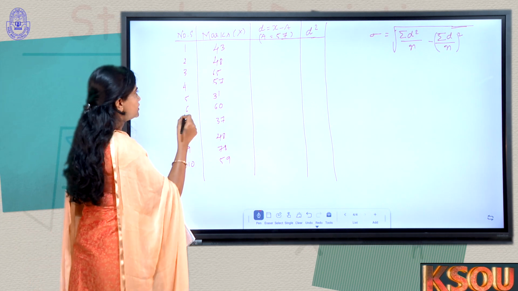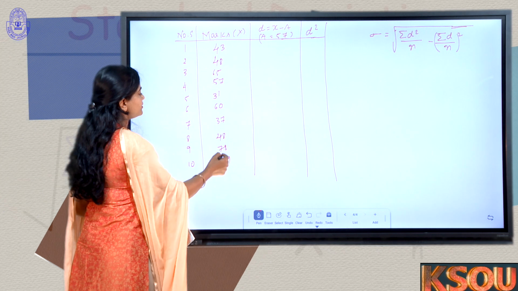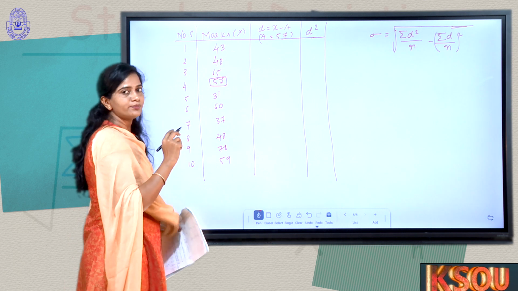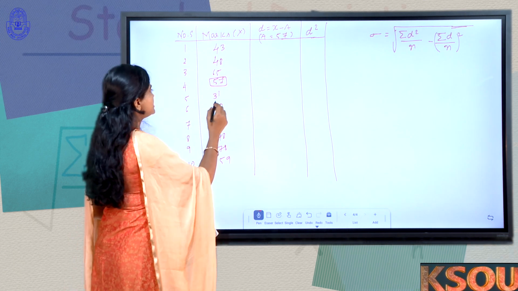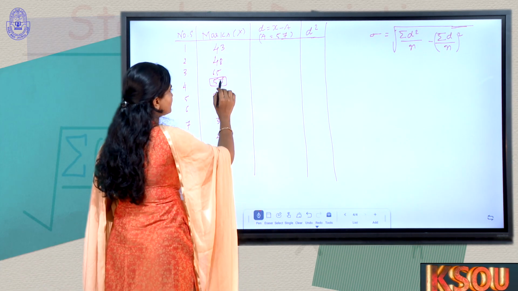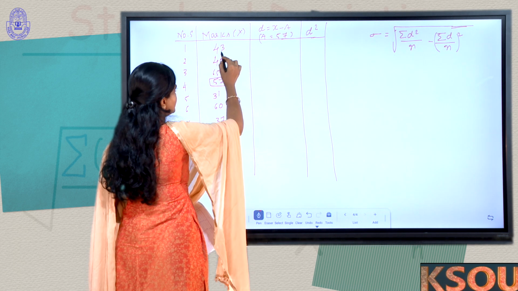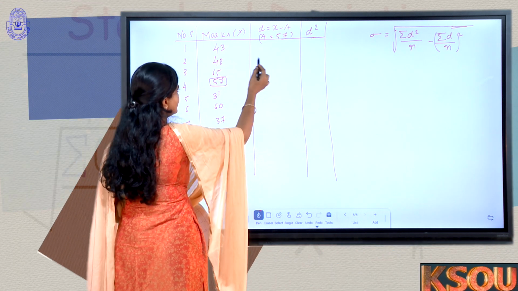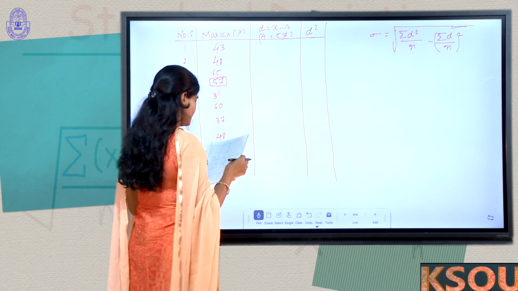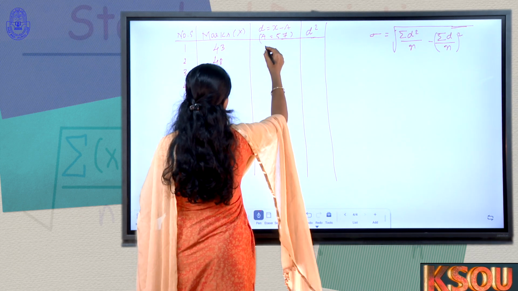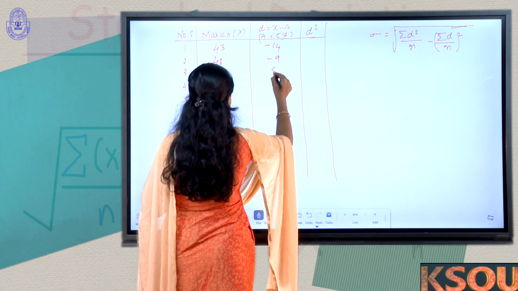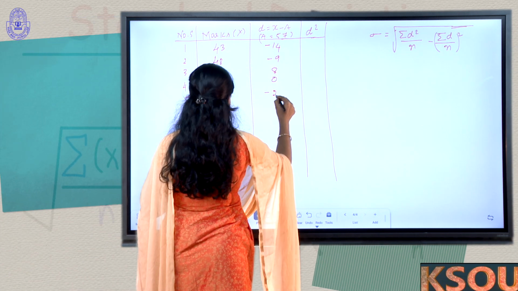Here you can assume any value from this x series. I am going to assume this one as the assumed mean, that is 57. If we consider this as assumed mean, take the constant value A is equal to 57 and subtract 43 from 57, 48 from 57, like that you will have to do it for each x variable. If we do like this, we will be getting the values like minus 14, minus 9, 8, 0, minus 26,